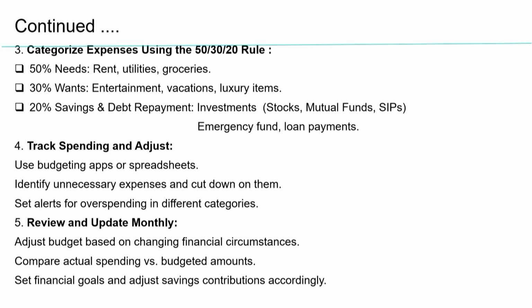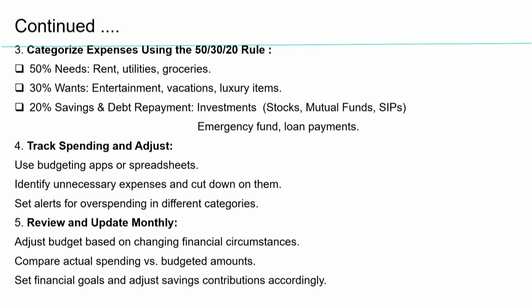The next step of budgeting is categorizing our expenses using the rule of 50, 30 and 20. We have already discussed that everyone, for making their sound financial plan, must categorize their overall expenditure into three different categories, and the first one is 50% of the income must be used for the purpose of fulfilling the fixed expenditures and the variable expenditures of their life, such as rent, utilities and grocery payments,